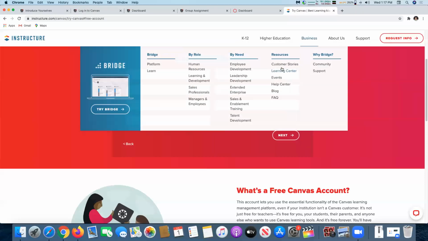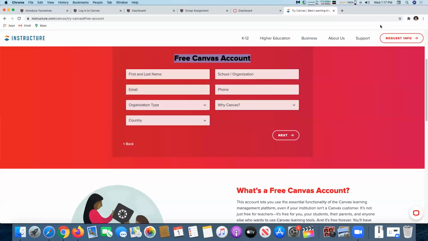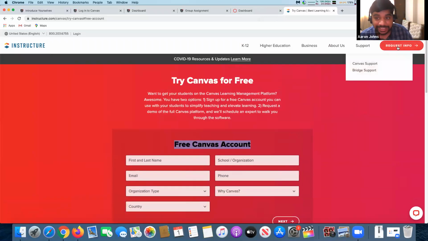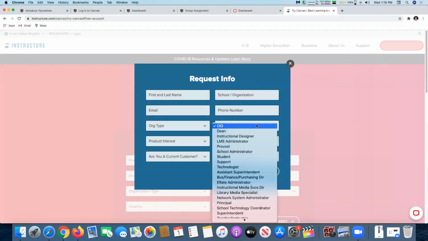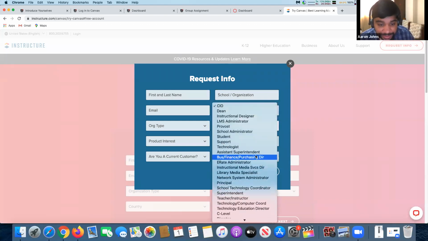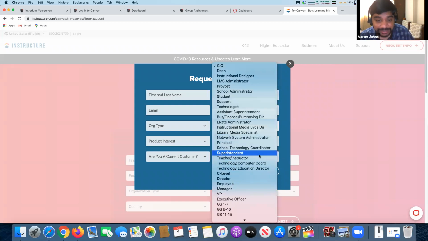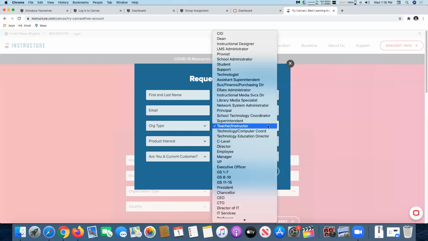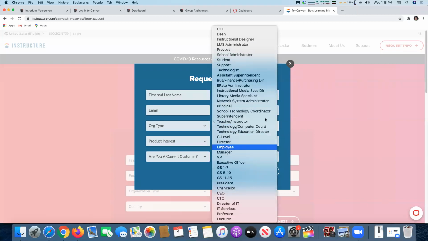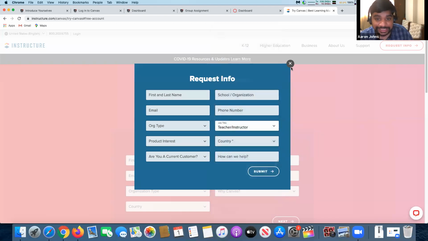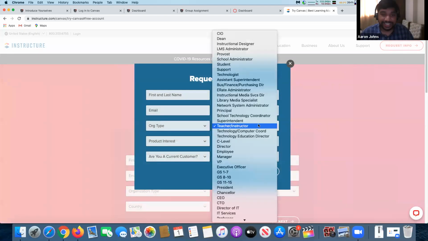Aaron, one question, can I ask? Yeah. What does that job title mean? Because when I'm trying to register, on this page, right? Yeah, this same page, that red thing you showed. You can see if you're a teacher, you put it as teacher/instructor. Job title, I'm not getting that option. No, you're not getting. Strange. This is over here, job title, teacher/instructor. You have to scroll down. It's not going beyond.